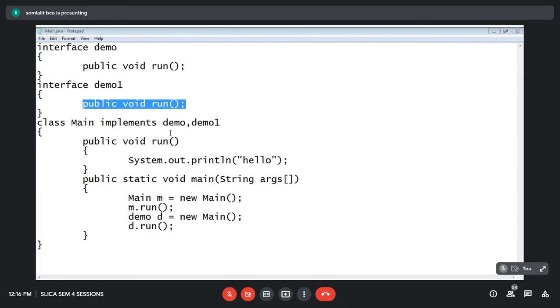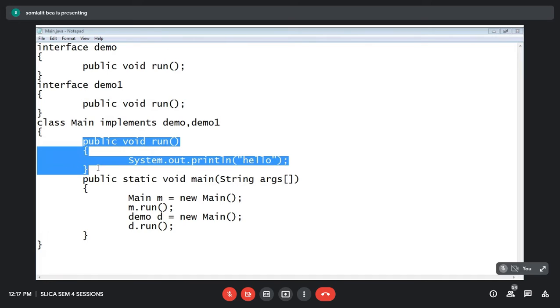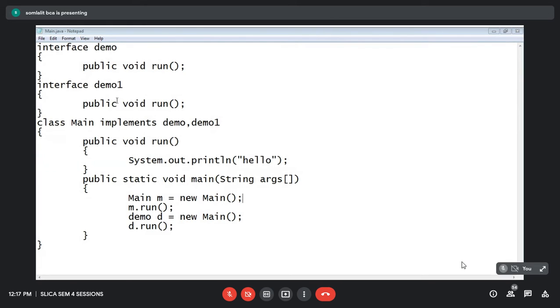Are both methods the same or are they different? Same. They are same, right? So now, as they are same, I can override one single method. It will work because both the prototype is same. So I can override any one of the methods and it will work. It will not give me any errors. Fine. Let's see. At least we can compile, but it will work, not an issue. Now,